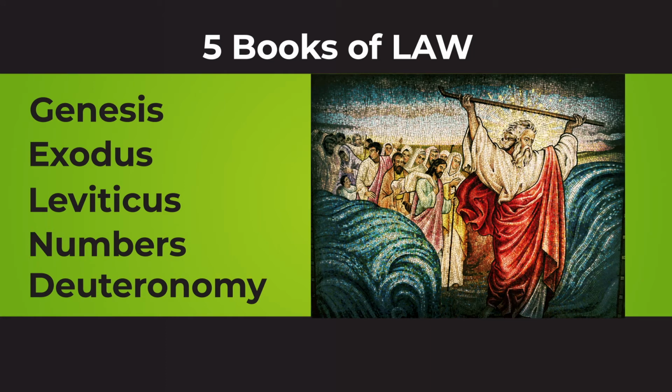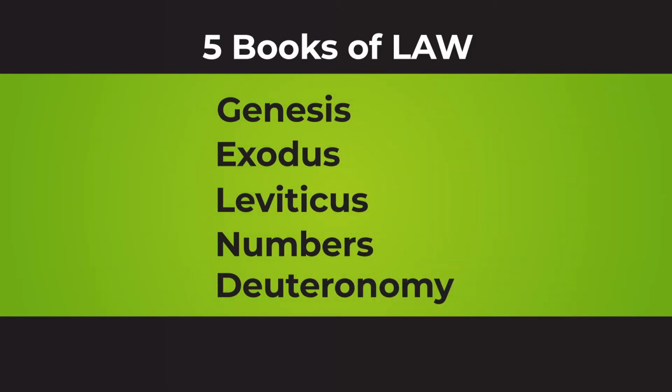Exodus is about the nation of Israel exiting Egypt. How they ended up in Egypt in the first place is the subject of the last part of Genesis. But the Exodus from Egypt is a watershed event in the history of the Israelite nation. You cannot underestimate its significance. And the events of the Exodus are recorded in the book of Exodus. Leviticus and Numbers are the 3rd and 4th books of Moses, and they continue the story of the Exodus.